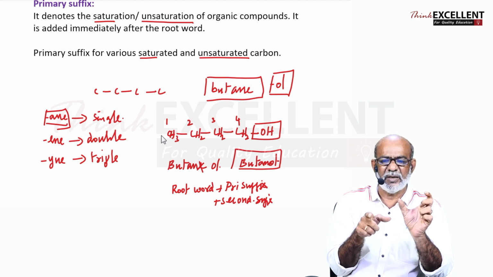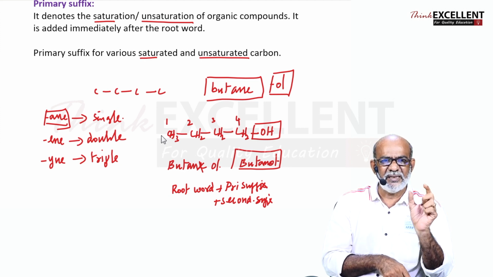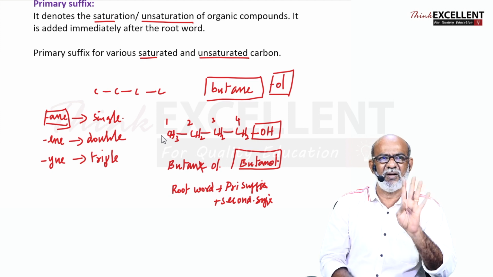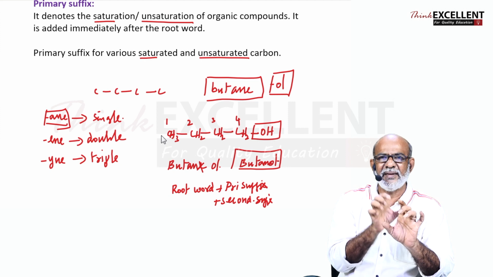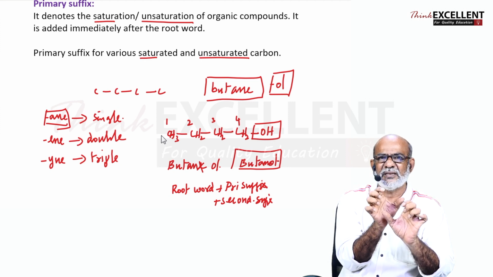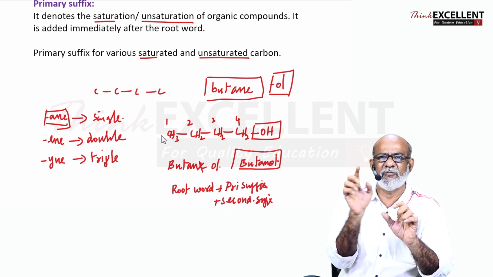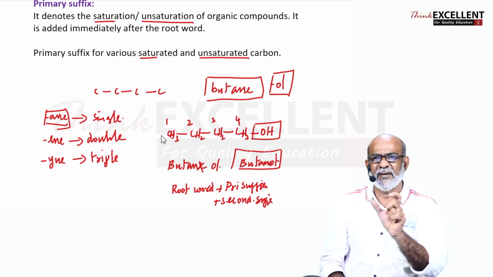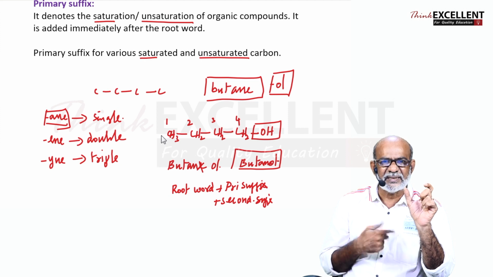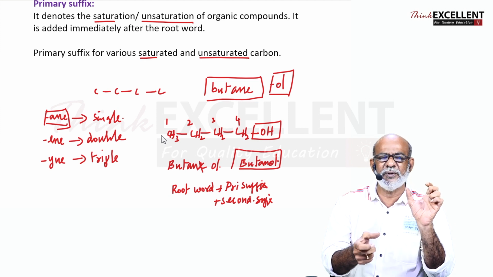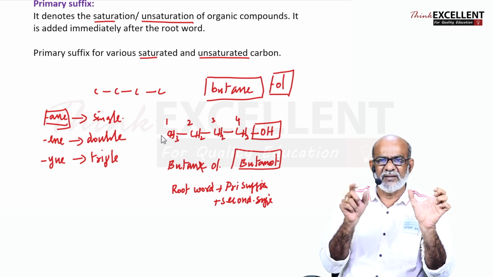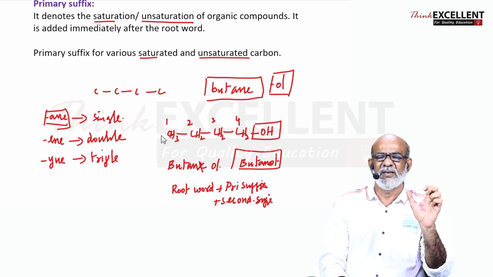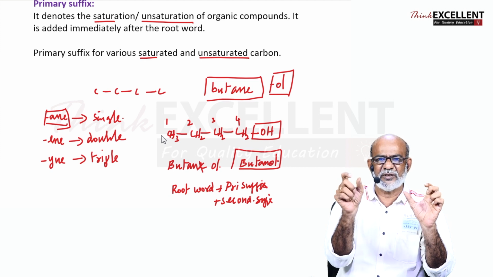So here according to the rule, for the formula CH3, CH2, CH2, CH2OH, the longest continuous carbon chain is 4, so the root word is but. Then the primary suffix: first you check whether a single or double bond is present. All are single bonds, so ane. So butane. Next you come to the secondary suffix. If any functional group is present in the longest continuous chain, that is called the secondary suffix. Here alcohol is present. When alcohol comes, the suffix word is OL.